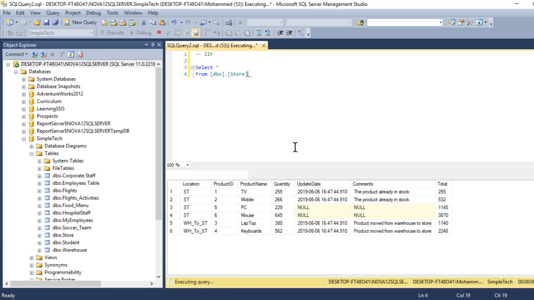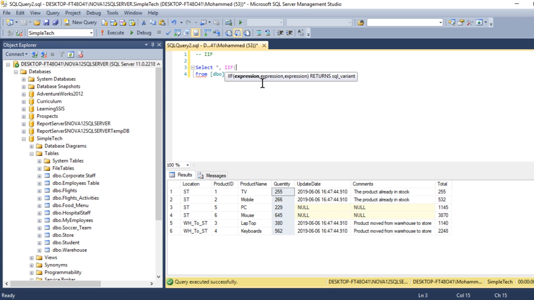So I have this table called store. What I want to do is go to this quantity column. I will say IF, if the quantity is more than, let's say, 300, comma,